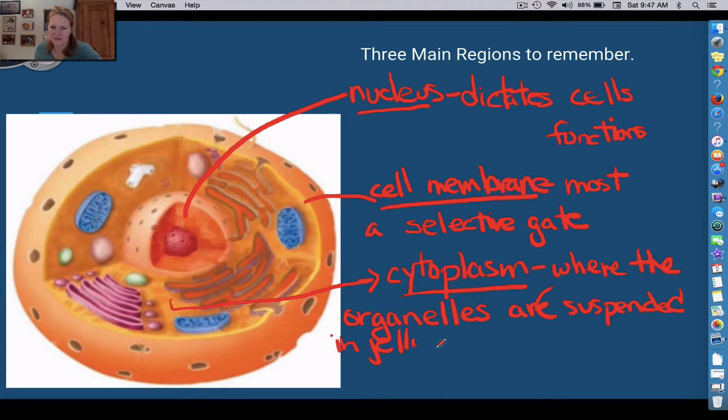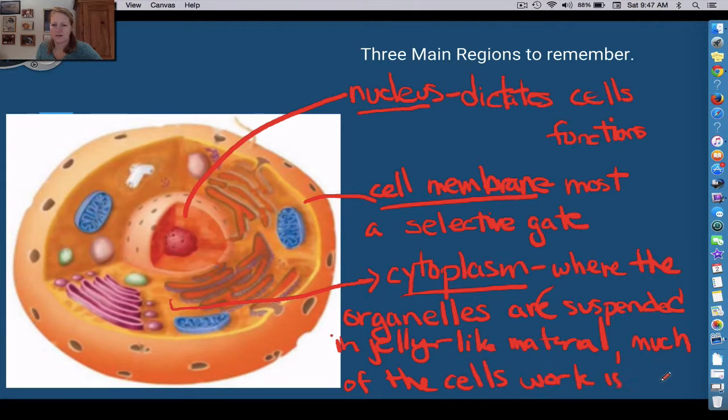It's a jelly-like material. And this is where much of the cell work is done. Great, so those are the 3 main regions that I need you to remember,